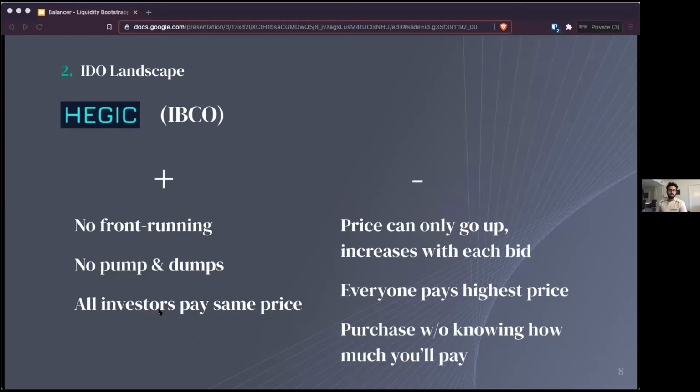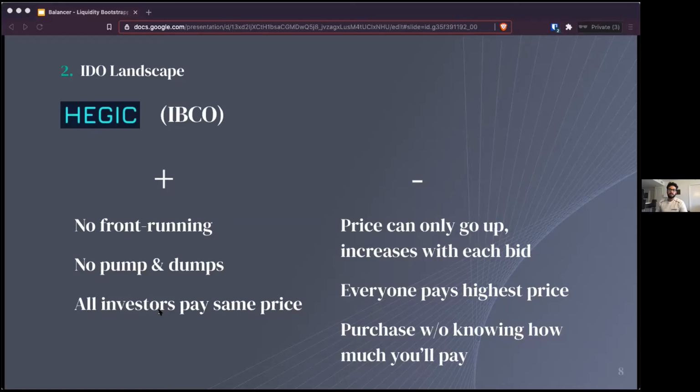Third here is the IBCO, the initial bonding curve offering. Hegic built their own open source version of this that other teams are also able to use. And they have definitely done better than the previous two in terms of addressing some of the problems that I've been discussing. So the way they prevent front running and pump and dumps is that